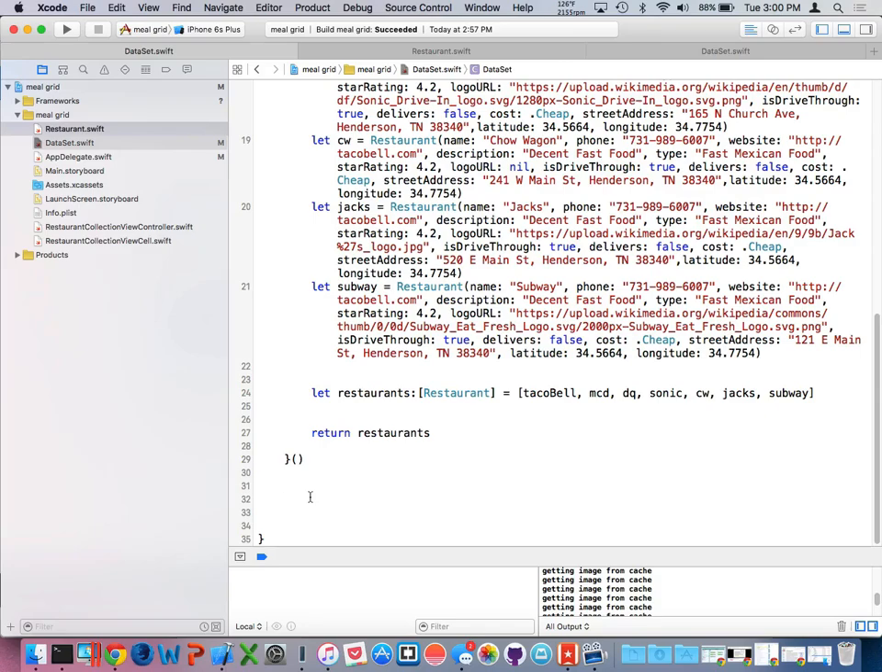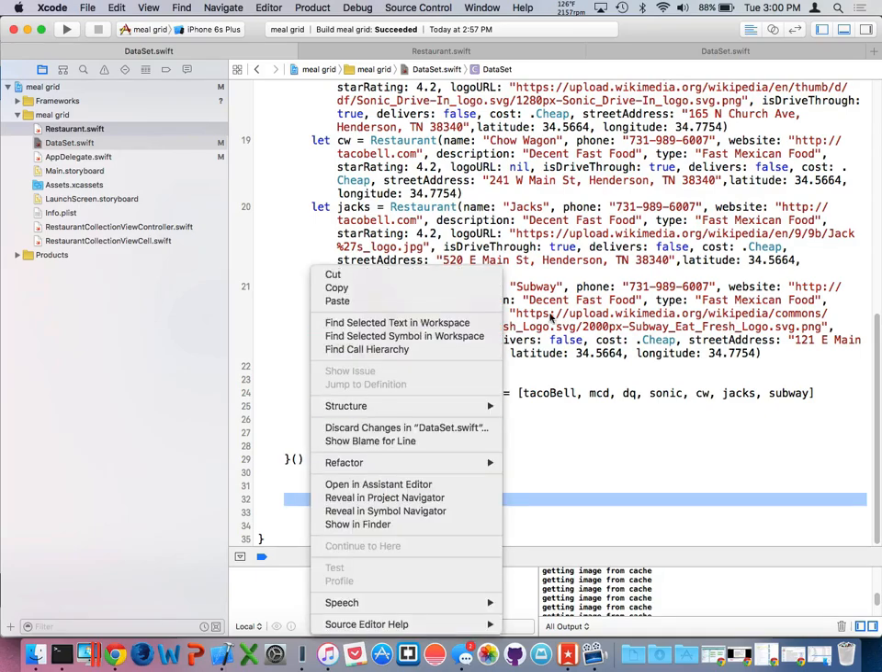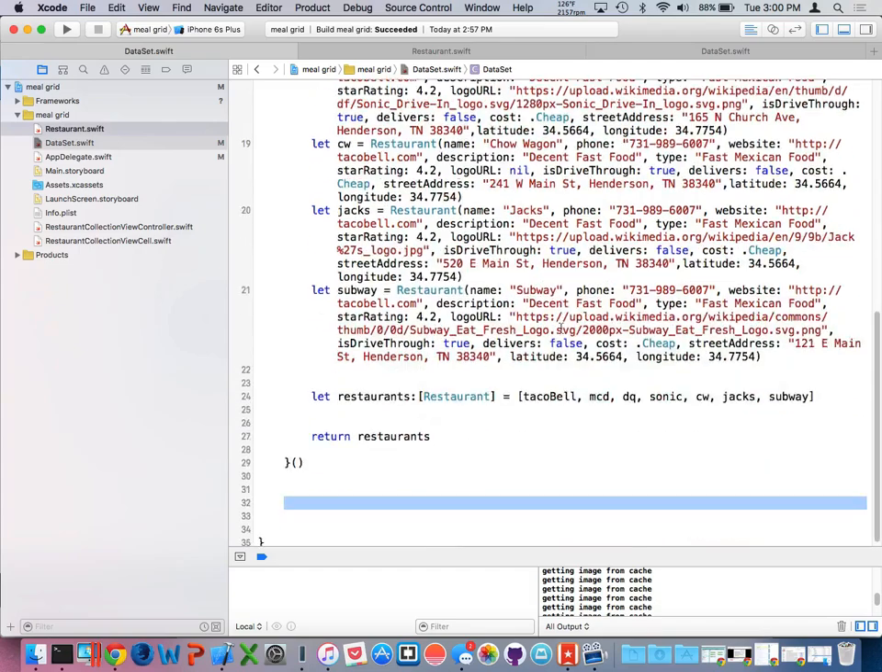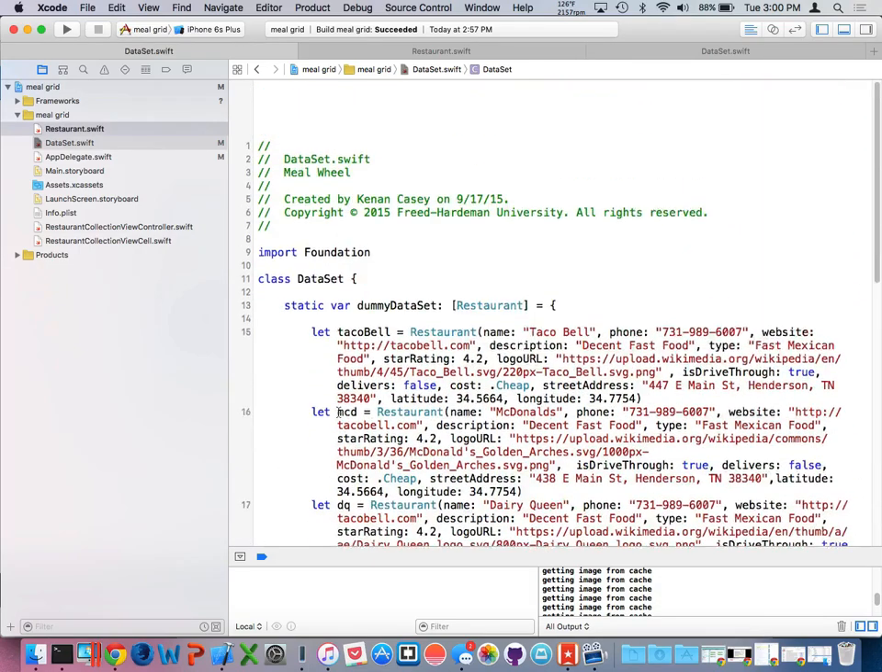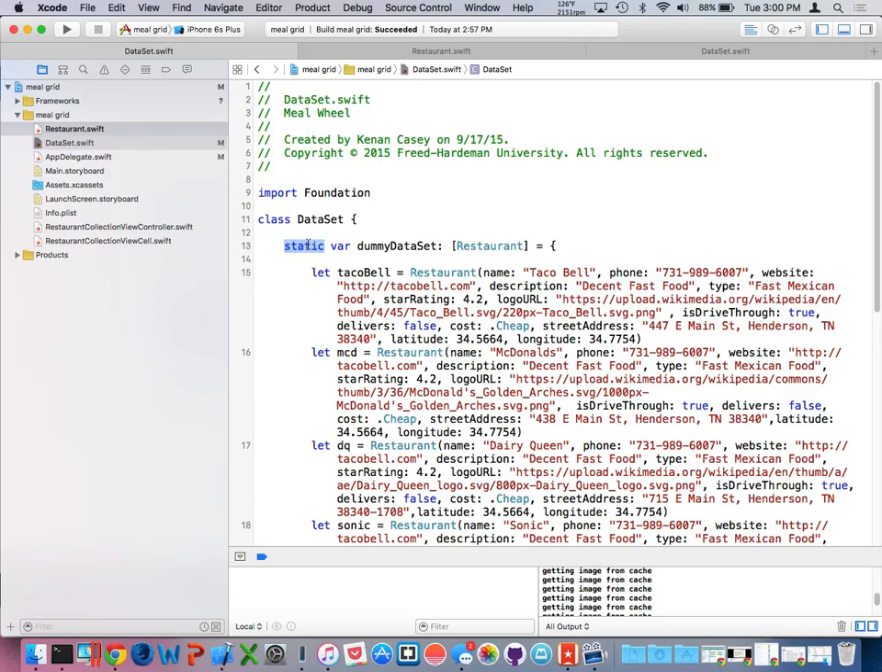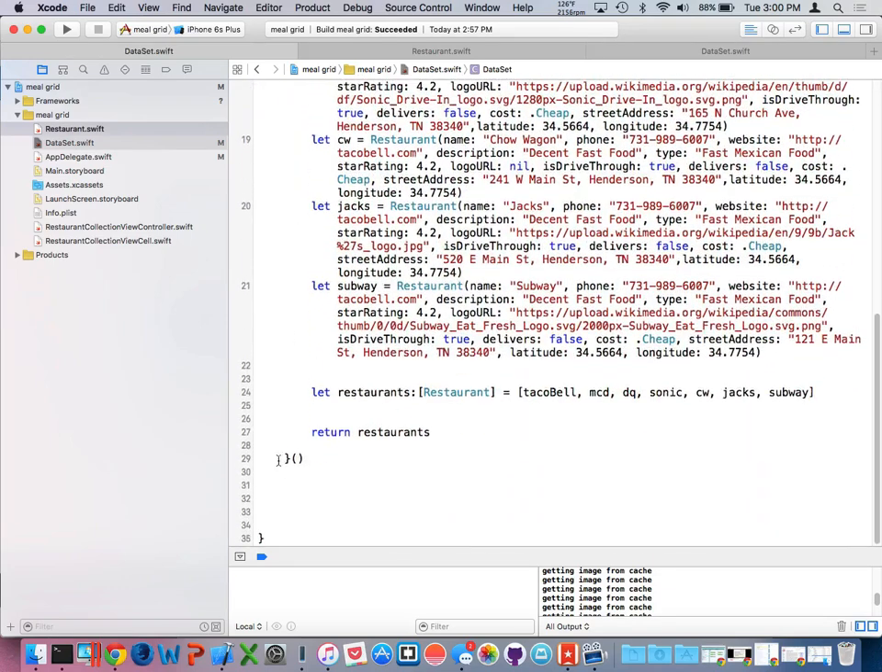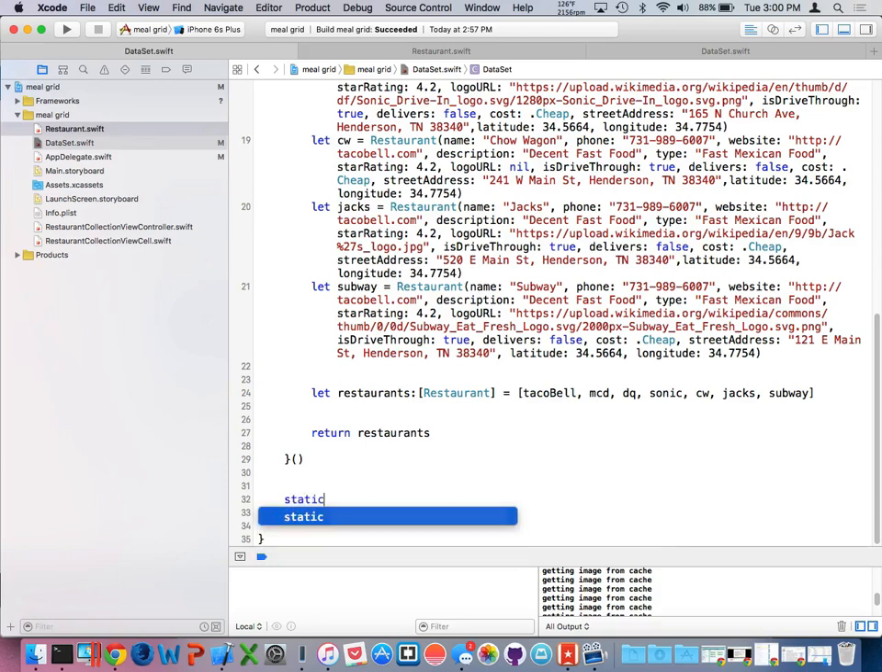Okay, so this is what I'm going to do. For this whole data set class, I really want to be able to access it statically, that is as a class variable, like I did up here, static, so I don't have to instantiate the data set class, it's just always there. So the stuff I'm going to make is also static. So I want to make a static